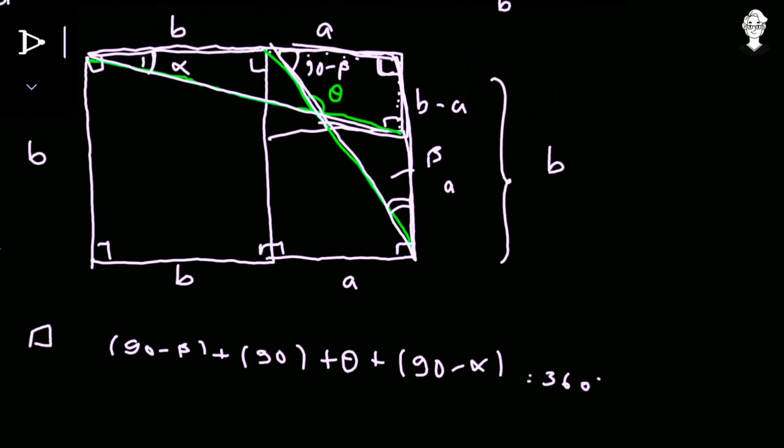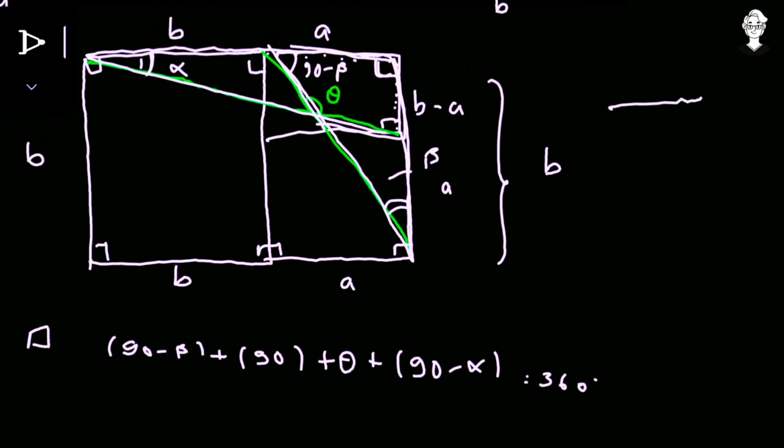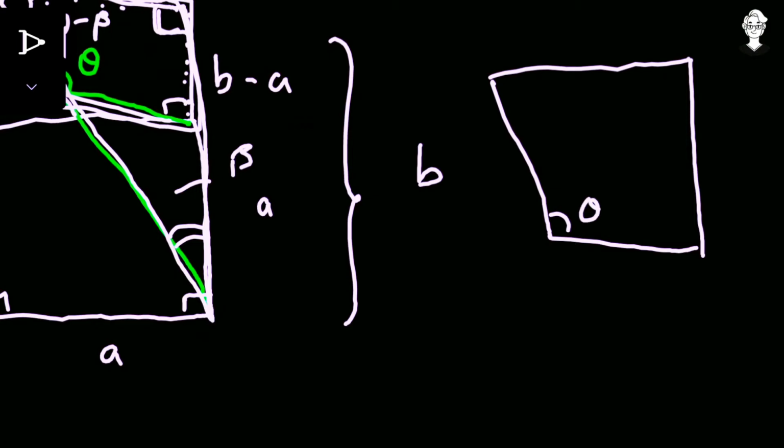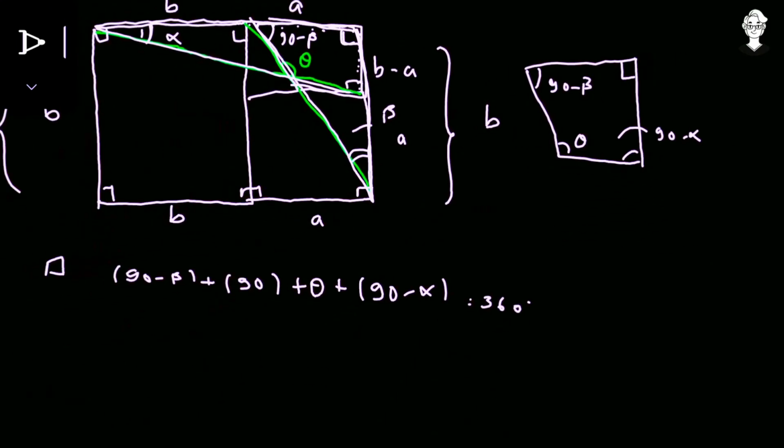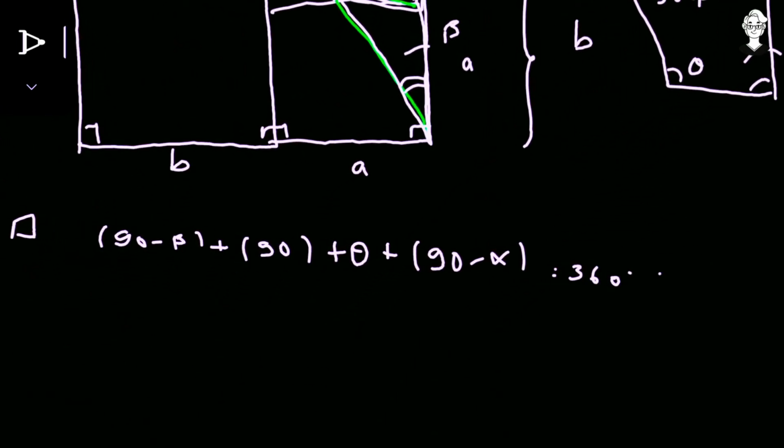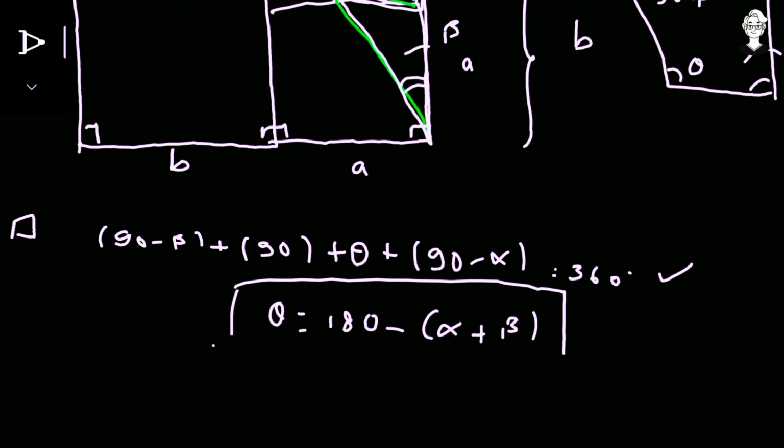The quadrilateral I am talking about looks like this way. This 90 degrees, let it be clear. So like this, and this and this. Okay, we have this angle as theta, this angle as 90, we have generated this as 90 minus beta, and generated this as 90 minus alpha. Now if we simplify this particular equation, we will get that theta is equal to 180 minus alpha plus beta. Okay, now what we have to find is theta, so that is equal to 180 minus alpha plus beta.